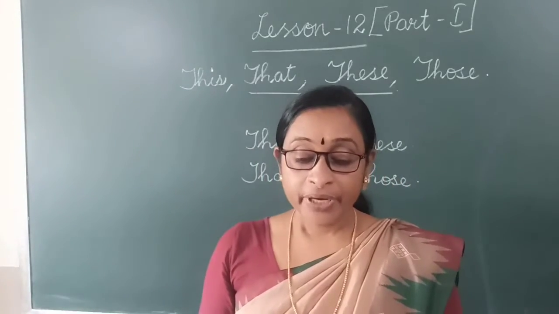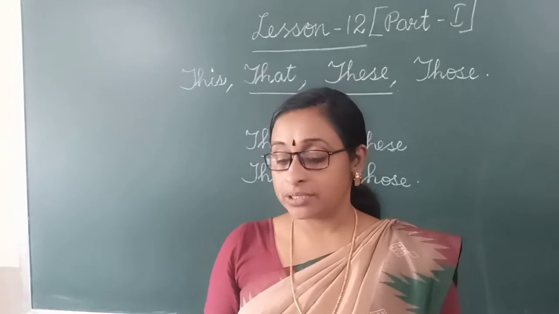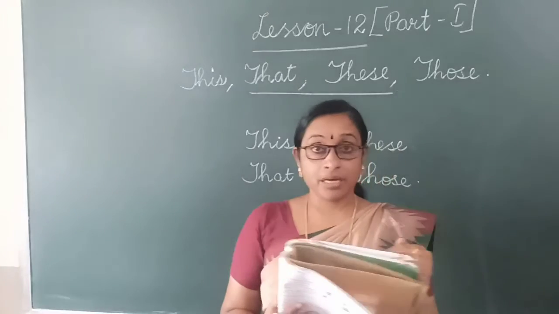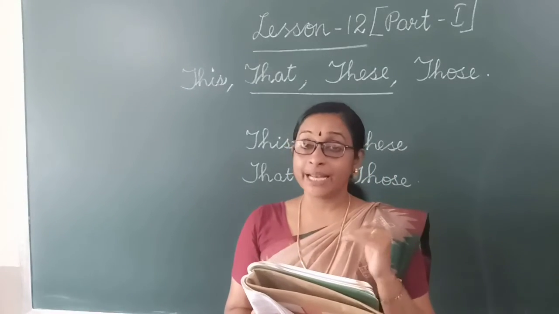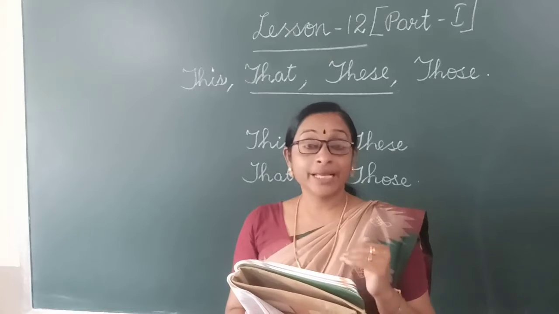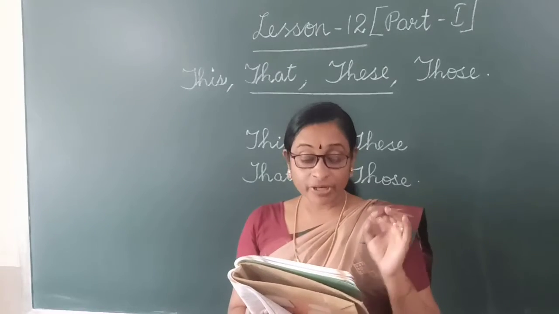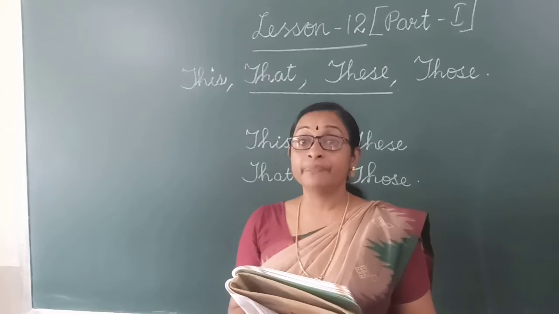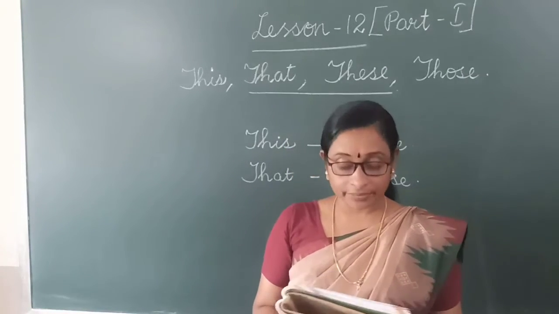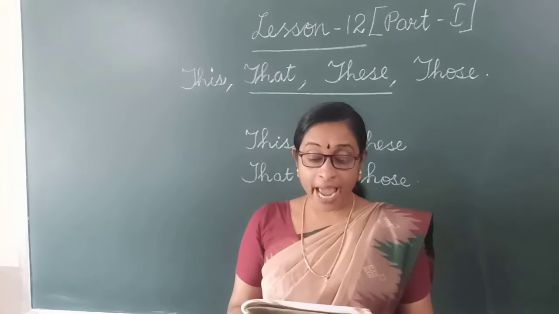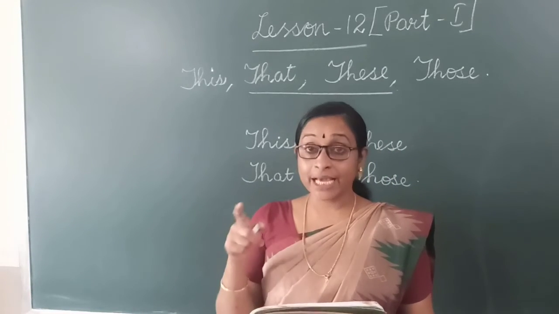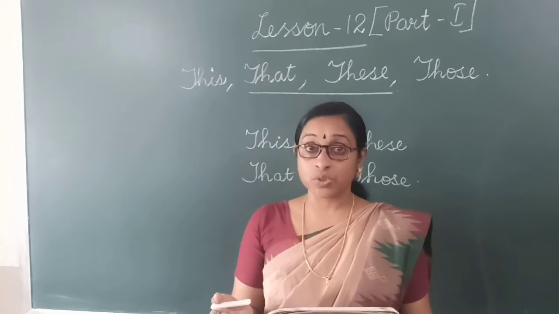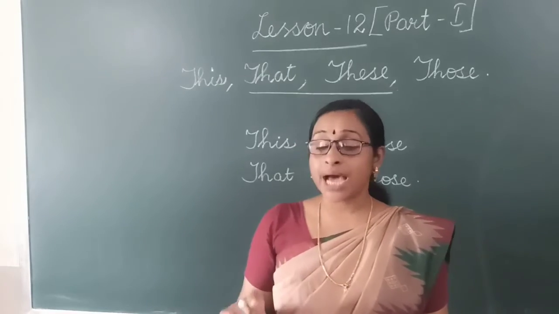First, word A. Fill in the blanks with this, that, these, those. You have to see the hands picture there, and then only you will be able to write the exercise. First you have to see the picture, how it is given. See how the fingers are showing first and then write the answer. First one, dash are your books. The pointed finger is shown, and books means more than one, it is plural. So what will you write there? Those. Those are your books.